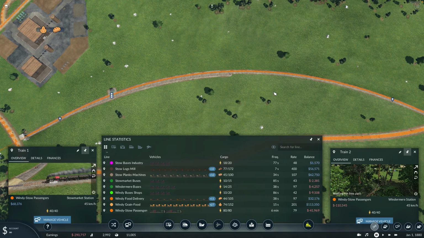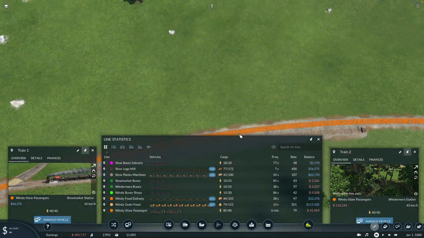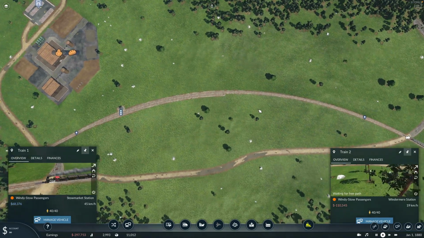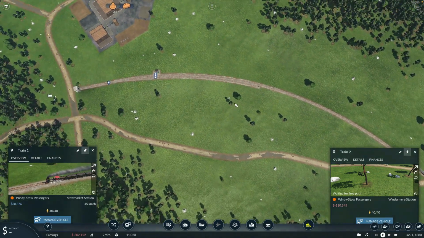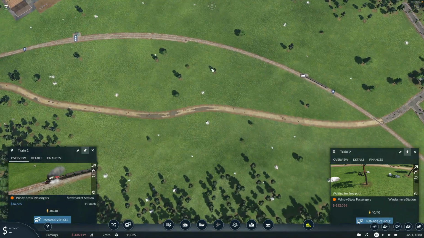Well, it shouldn't be. I don't know why it hasn't gone stupid on us, but we should have a warning up here. What happens if we go? This is going to be fun. Uh-oh. He's stopped. Oh, hang on, let's get him out of the station. No. Oh, crap. We've got a train stuck in the tunnel. Well, that's because...